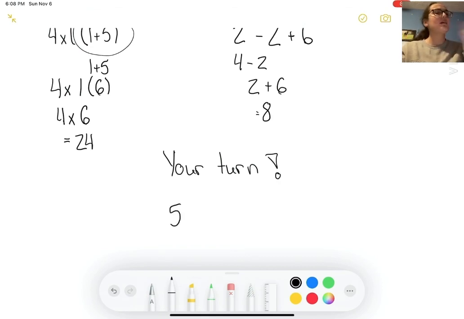So now we're going to take a look at an equation on your own. And I just want you to do this on your own paper to get yourself ready for the test. So that's going to be 5 squared plus 2 times